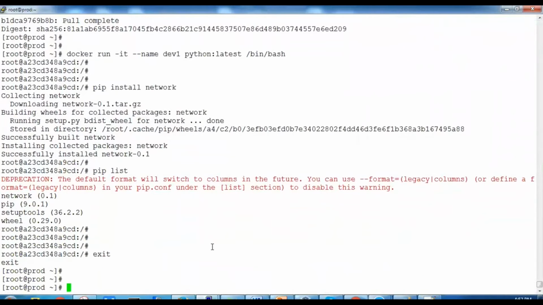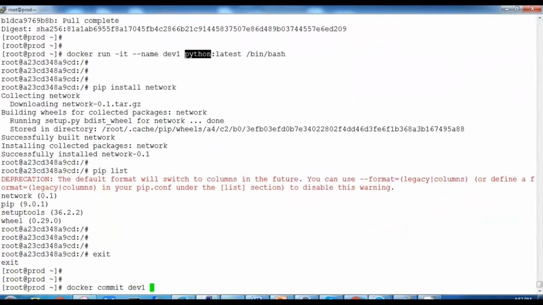Let's do the commit. When we do the commit, it will save it as an image. So now we are going to use the command docker commit, and after that our container name. If you look at it, our container name is dev, and now what image we want.